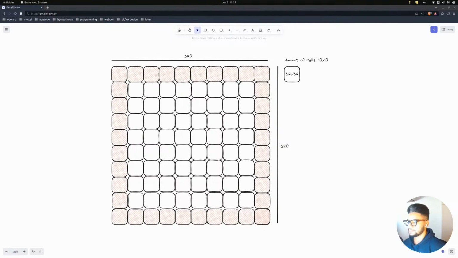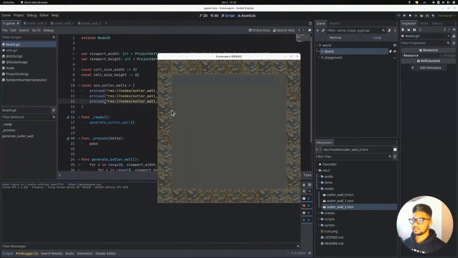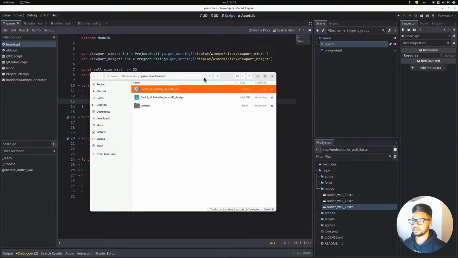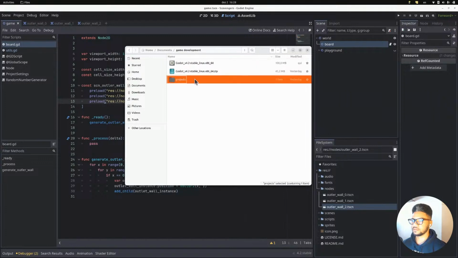So the next thing that we need to do is to generate the floor, the inner floor. So let's do that. Let's see how we can generate the inner floors. Let's go to the projects,